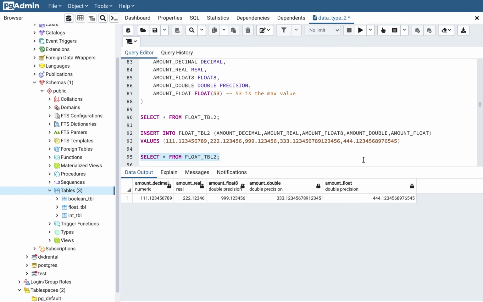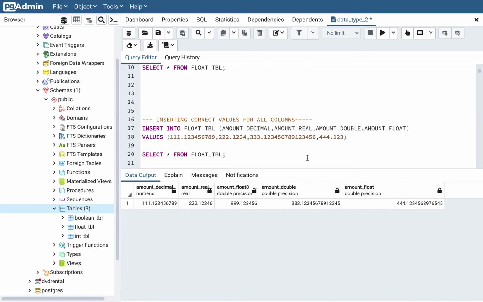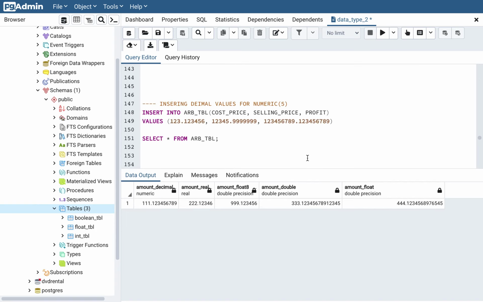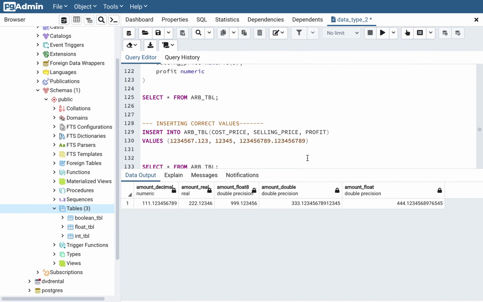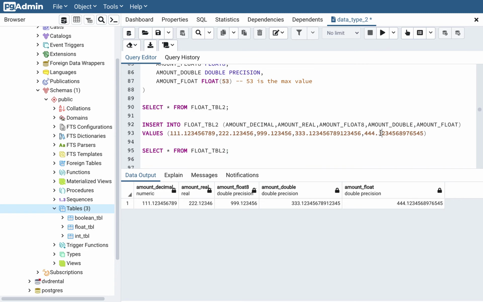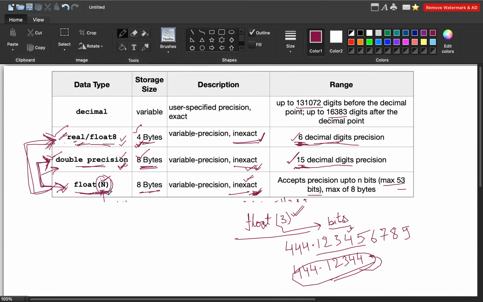Let me zoom in a little bit. So you see all the digits after the decimal have been brought up, right? Which we were trying to insert, right? Yeah, this is what we have, right? Now, why is it accepting all the values? The reason is very simple. Since we have used a higher value for n,